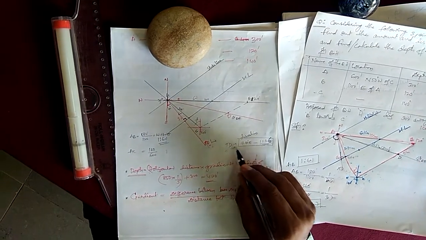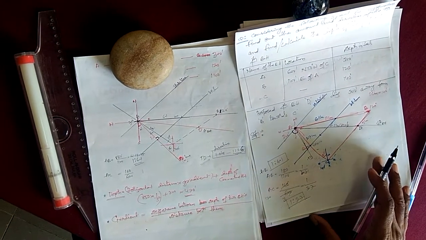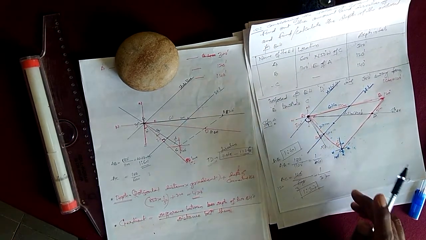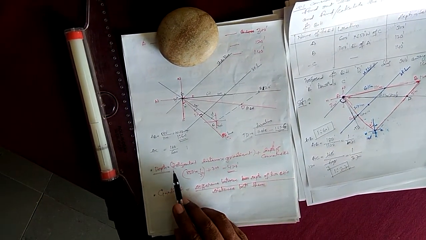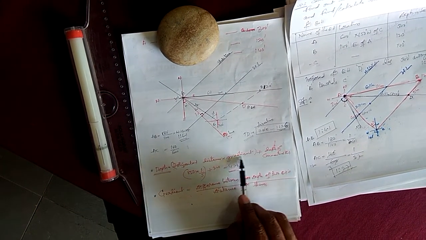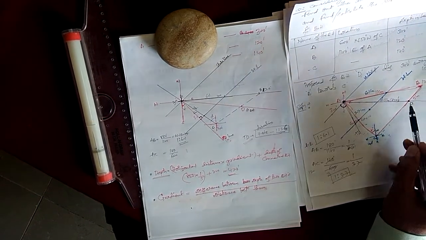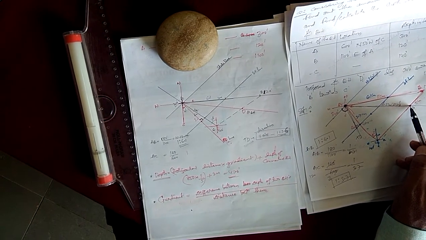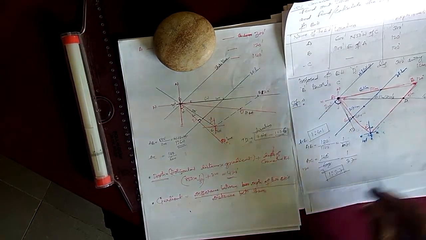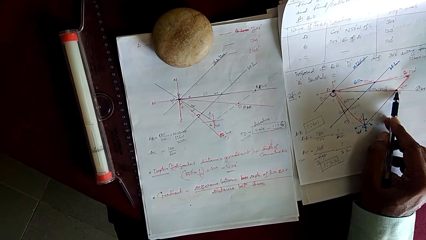Once you calculate this, the next step is to calculate the depth of the fourth proposed borehole. Once again, the formula to get the depth of the fourth proposed borehole is horizontal distance into gradient. Horizontal distance means you have to calculate the distance from this point to this point. I already told this is 850 centimeters. Somewhere I'll write here 850 centimeters, from this point to this point.